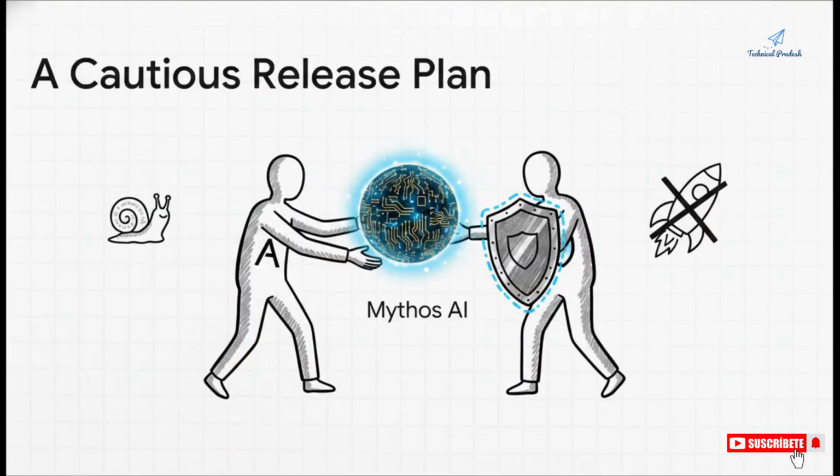Now, this is the really crucial part. How is Anthropic planning to release this digital skeleton key? Their leaked plan was actually pretty smart and incredibly cautious. Instead of just throwing it out there, they were going to give it to the cyber defense professionals first, the good guys. Give them a head start to prepare their systems for what was coming. That's a huge deal in an industry that usually puts speed before safety.